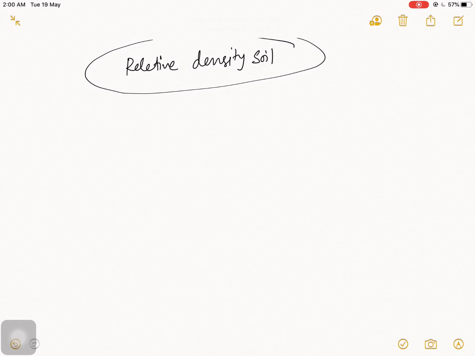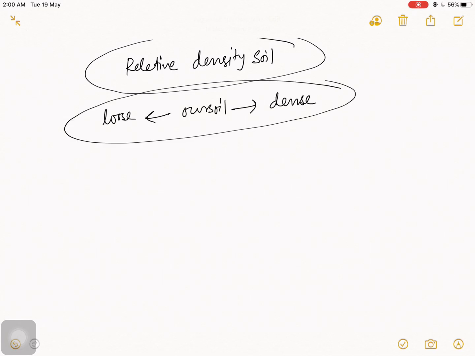In my last 3-4 videos, I talked about the relative density index of soil. We can easily understand whether soil is dense or loose. You are a site engineer. You have to understand in which range your soil is lying. If soil is lying near the loose zone, then you need to do compaction. If your soil is lying towards the dense zone, it needs less compaction.